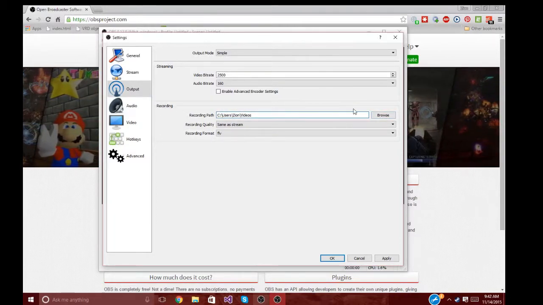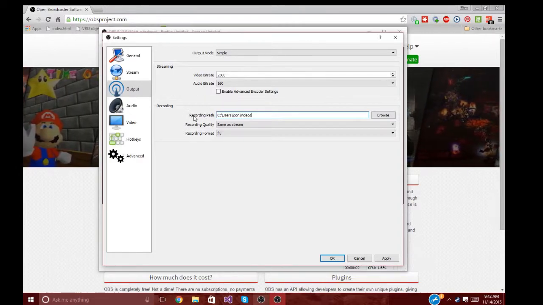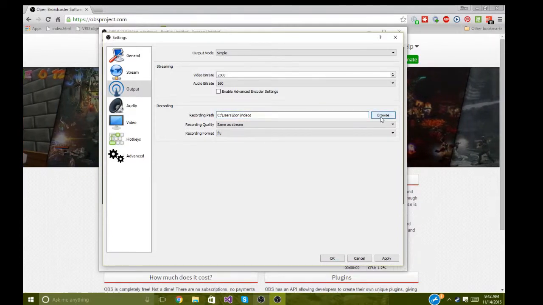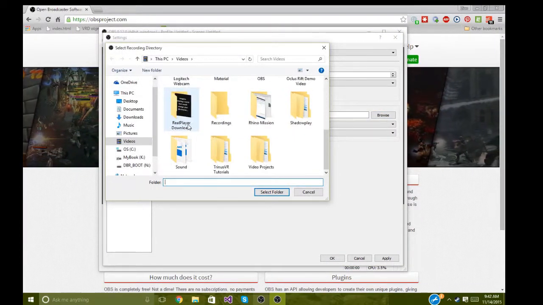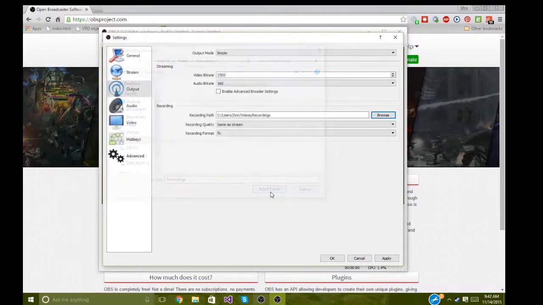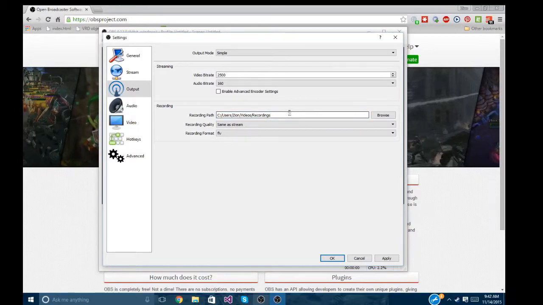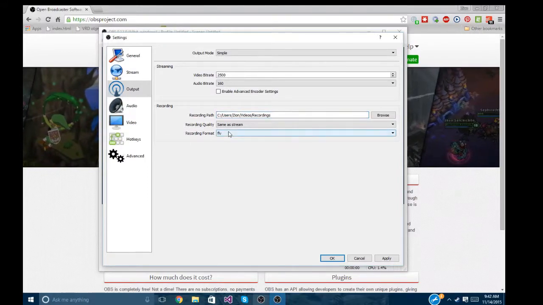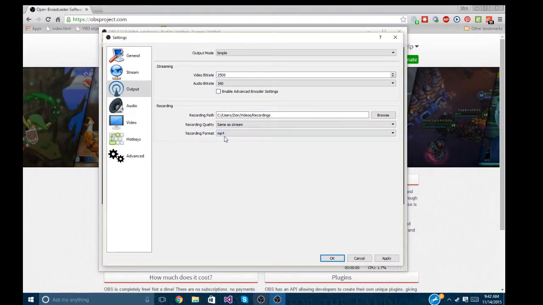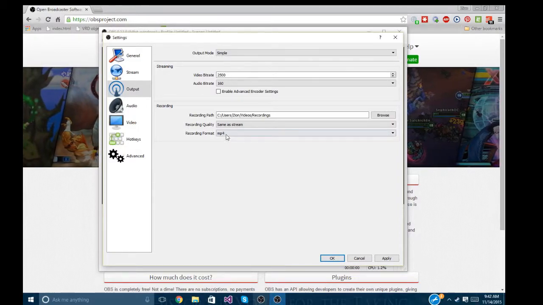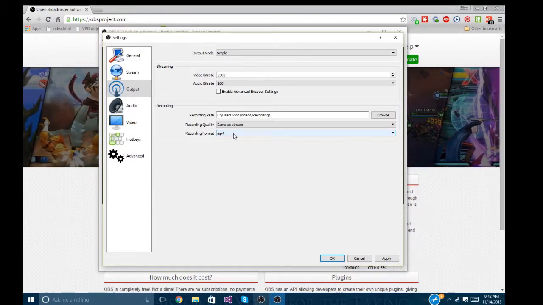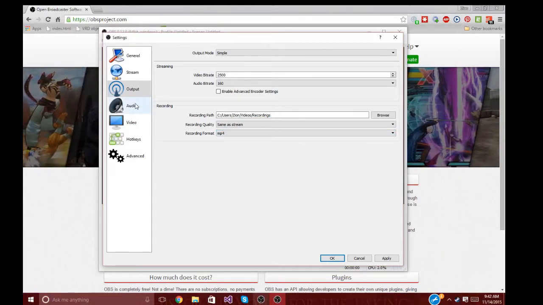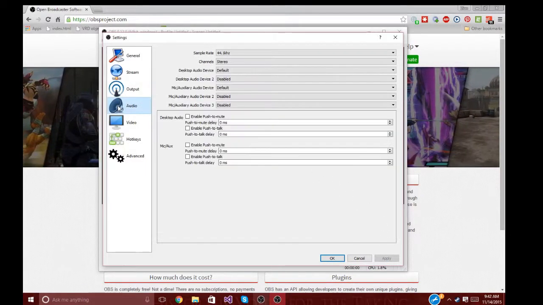We have recording though. So we see we have a recording path. So we can change that. I have a folder here called recordings. We can select that folder. And then the recording path will now be in videos recordings. We can change the recording format. MP4 is probably a good idea. It's a more commonly used format, and it'll work better with video editors than FLV. So that's good. We can apply that. If we go to audio,